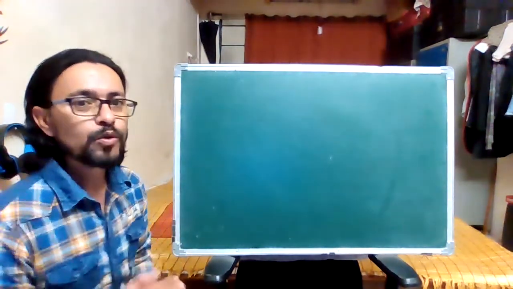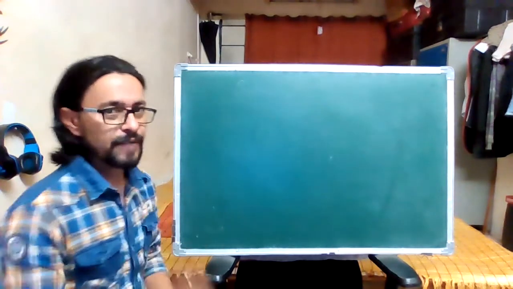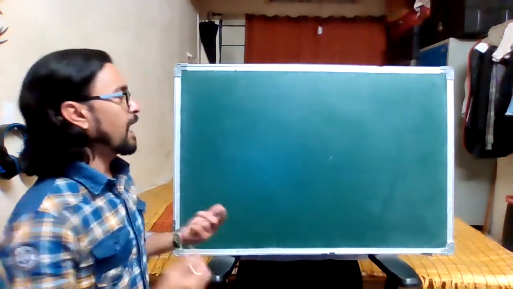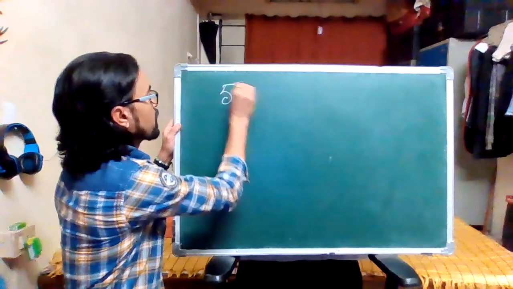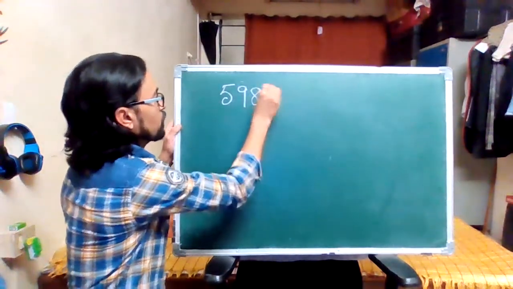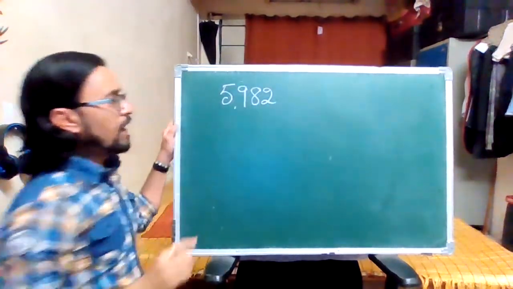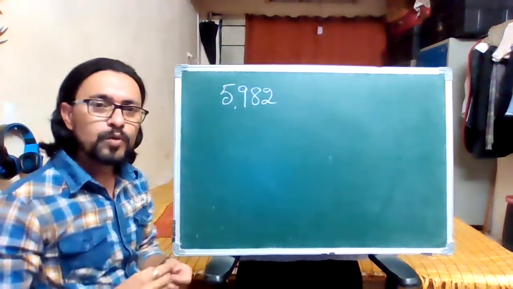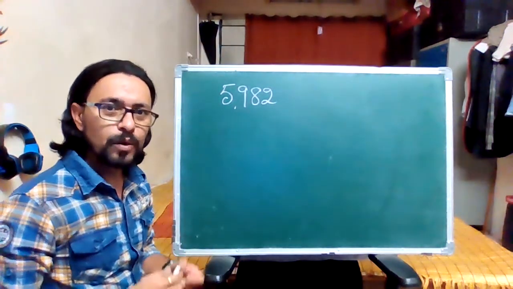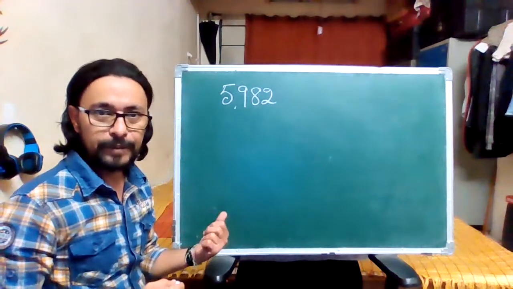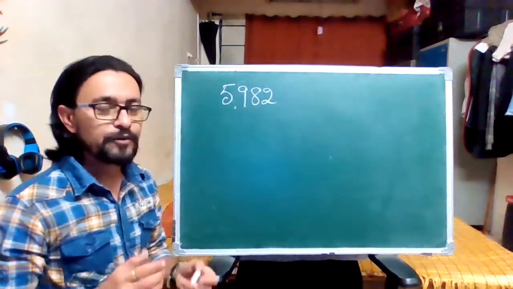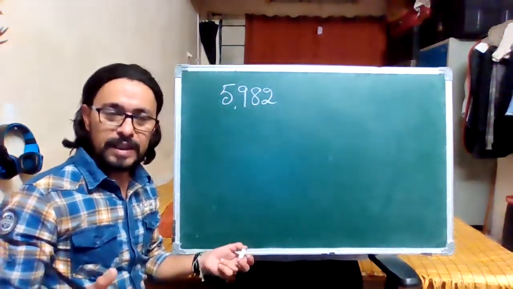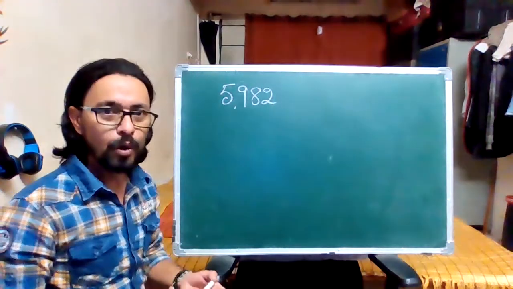So we're coming now to place value and face value. If I have a number like 5,982, and I ask you what would be the place value and face value of the digit 5 in this number. So if you look into it, all the numbers that we deal with and all the numbers that we know of